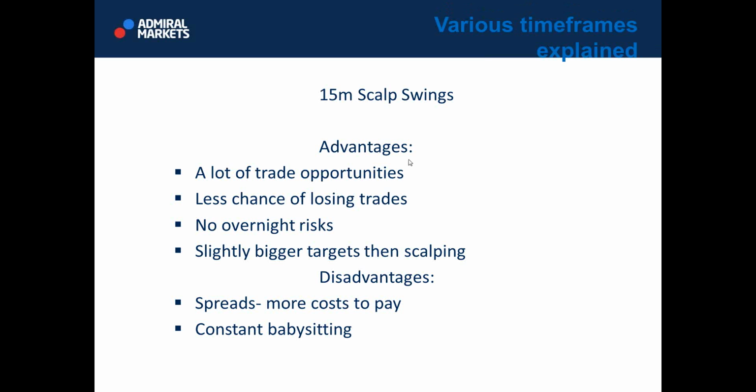Disadvantages: there is an overnight risk. You sometimes are not able to exit overnight, and that can be pretty straightforward. You are in profit during, let's say, the Asia session, but you're sleeping. And just before the Asia session ends, your trade gets into an even bigger profit. But then you wake up at London and you see what happened. You were 30 pips in profit just to see that Frankfurt fake hit your stop loss. So the disadvantage of 1 hour intraday trade is that you have overnight risk.